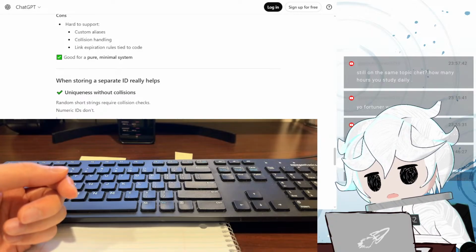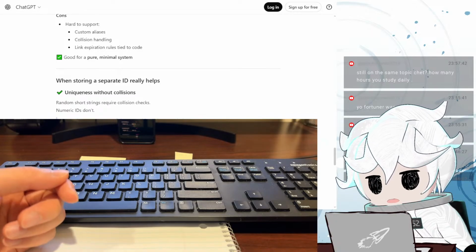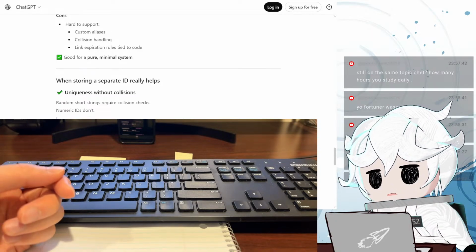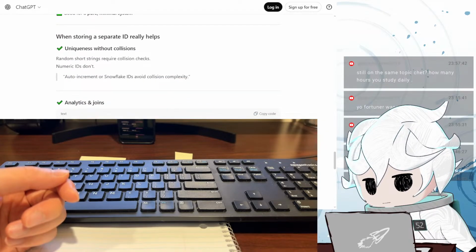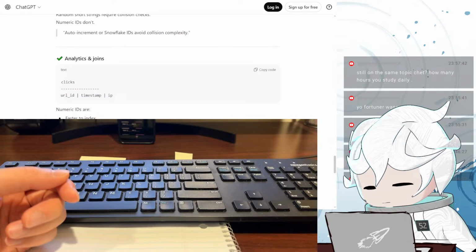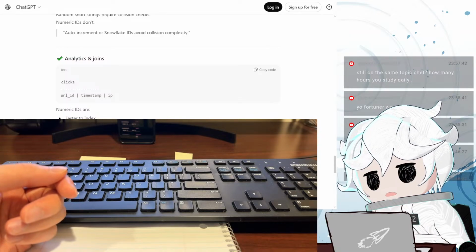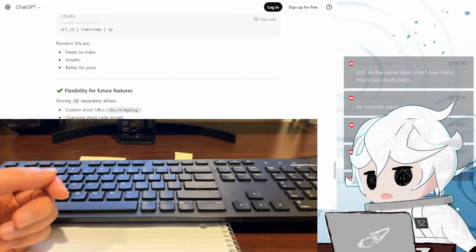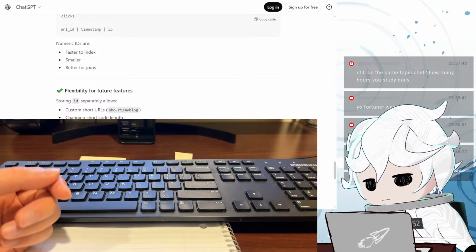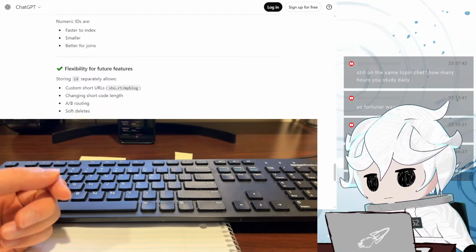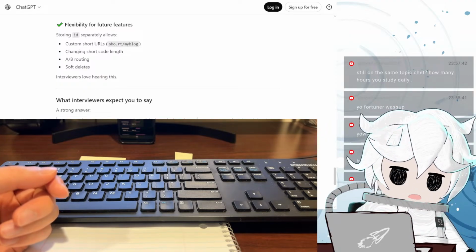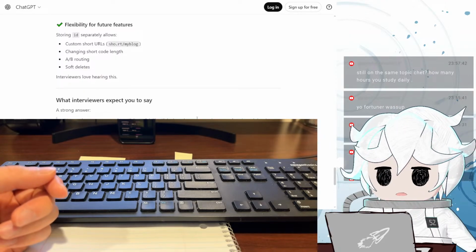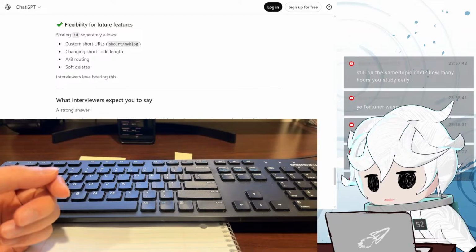Uniqueness without collisions. Random short strings require collision checks. Numeric IDs don't. Numeric IDs are faster to index, better for joins. The ID is the primary key and source of truth. Avoids collisions.